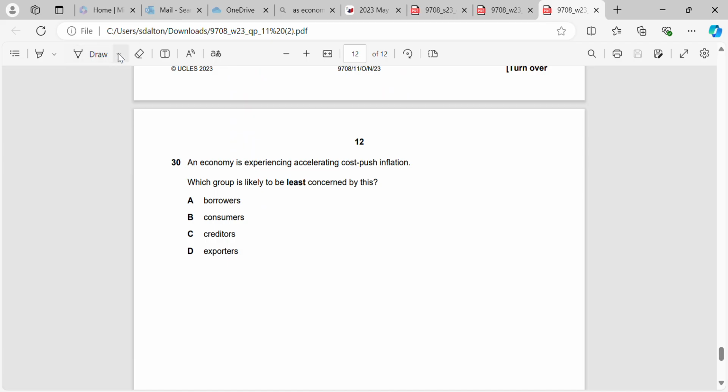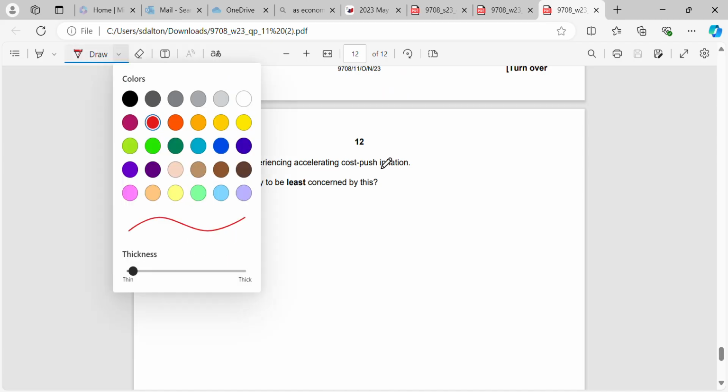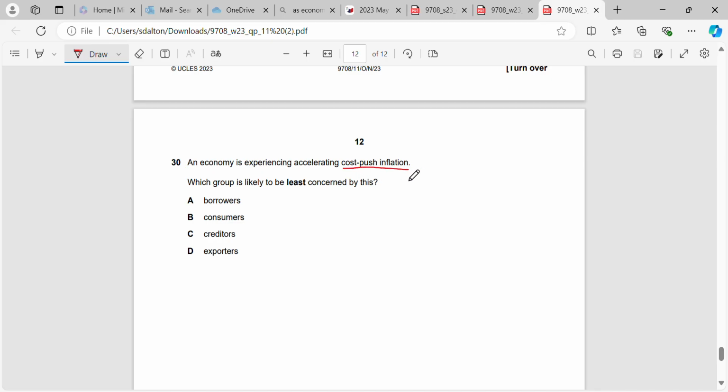Okay, 30. An economy is experiencing cost push inflation. Okay, so we know that the cost of production has gone up. The inflation is generated by AS moving to the left. Which group is least likely to be concerned by this? So a nice easy question to start. What we should know by now is that borrowers are the ones who will be least likely to be concerned